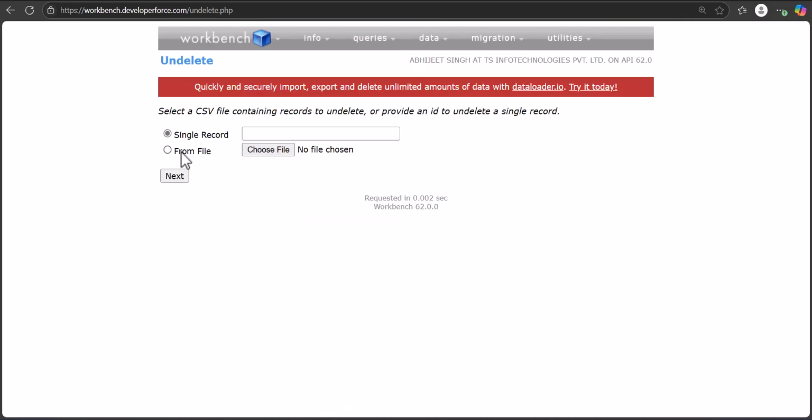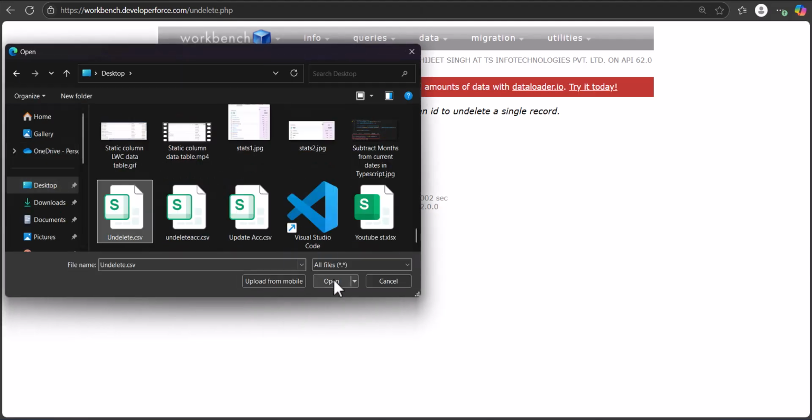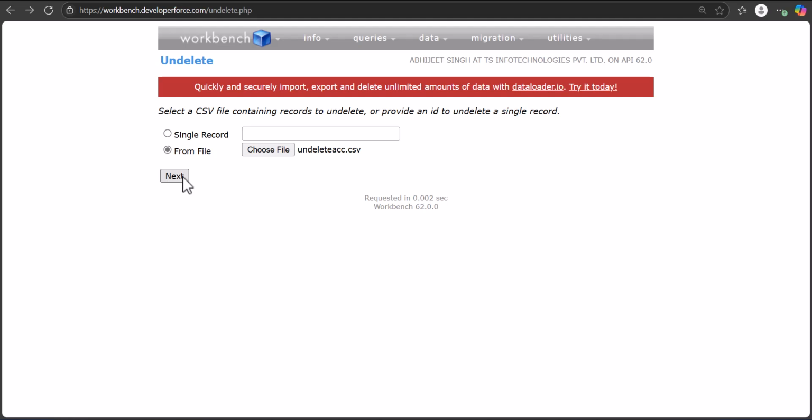So after saving the CSV file, we will again open the Salesforce Workbench, and here in the data tab, select the undelete option. So here we are going to perform the data undelete operation using a file, using the CSV file. So for that, select the option from file and then choose the CSV file that we have created right now. And here click next,